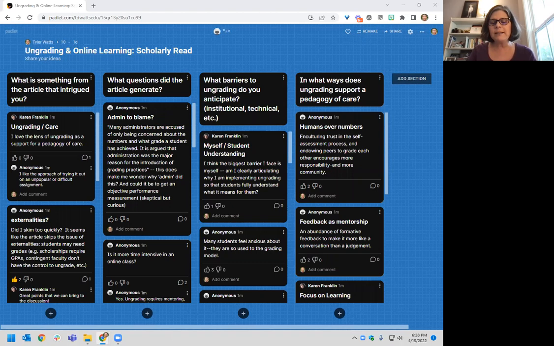I do think that is in some of the literature, but generally speaking, ungrading doesn't necessarily take away assignments. It just takes away the grade of the assignment. So it's more of a cycle of practice, receive feedback, revise, those kinds of things. But there is some literature about that. And then students identifying their own academic goals for the course. Those are some things that really intrigued you all.